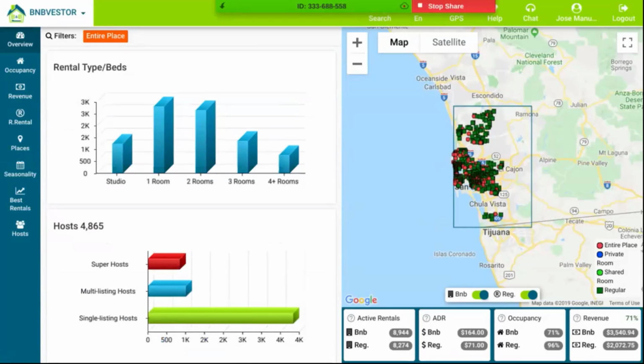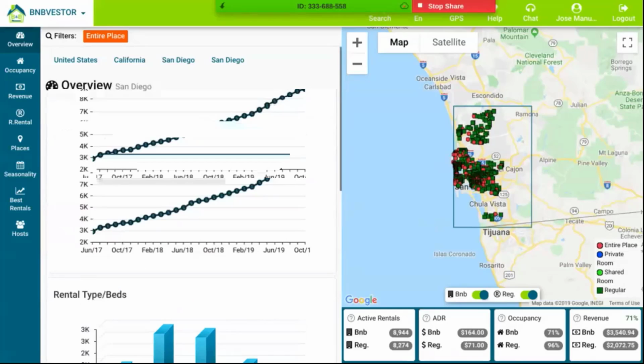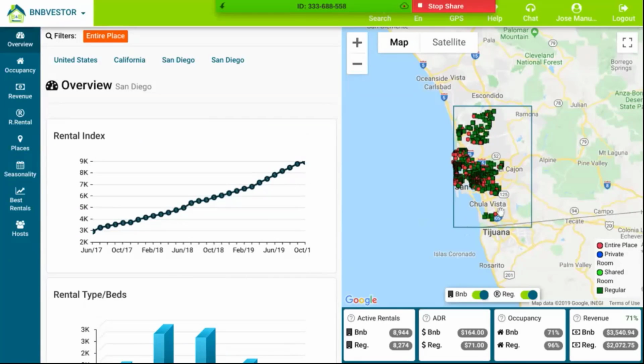And the most important thing is that you need to make sure that you're doing a strong analysis, okay, a property analysis. That's what we're gonna be doing right now. So what I'm showing you here right now, every green dot that you see there is gonna be the regular rentals. If I want to remove them, I want to see just the B&B properties that are listed, or the properties that are listed on Airbnb, just there are all of the red dots.